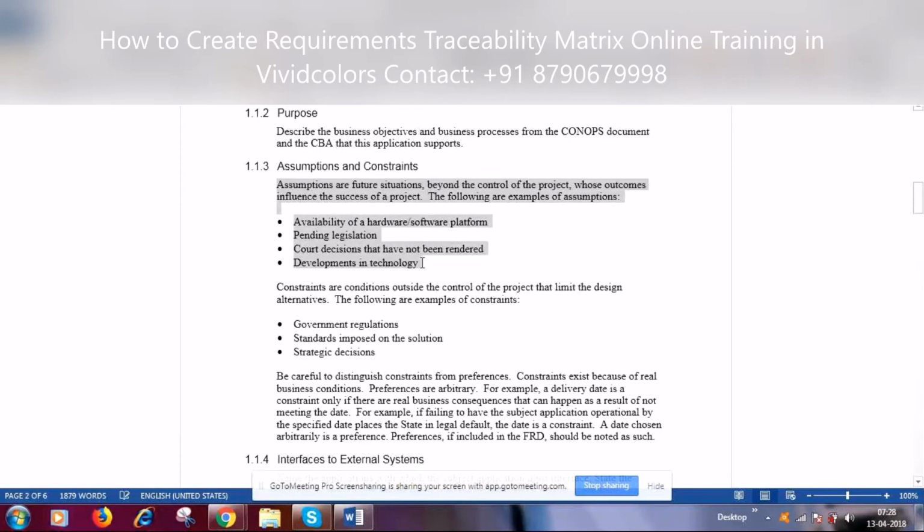So there are two items we need to discuss: assumptions and constraints. With assumptions, you are saying what the current system in place is from a technology point of view, what hardware is required for that system, and any legal conditions attached to the rolling out of the project.